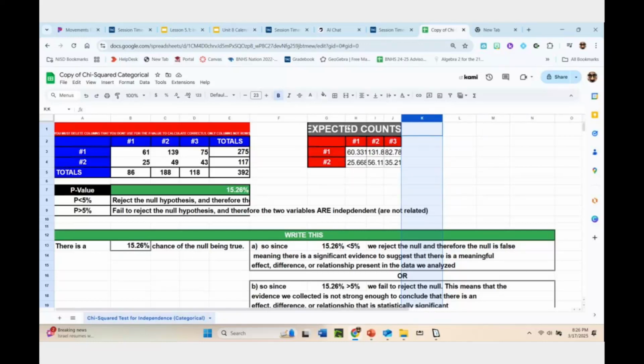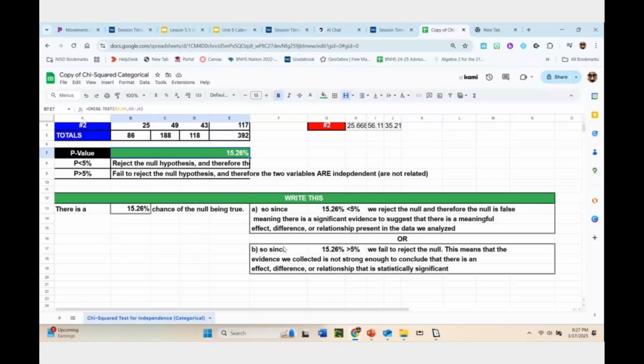This is expected counts. You don't need to worry about that a whole lot. This is part of what we need to be able to calculate the p-value, which is why it's on the spreadsheet. But what we need to focus on is this p-value right here. And if you notice, in the video it said 0.05. That's 5%. I just went ahead and put these as percentages on here and changed all the p-values from 0.05 to 5%. So what we're doing is comparing this p-value to 5%, and all we really need to do is